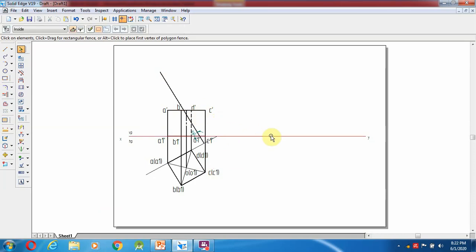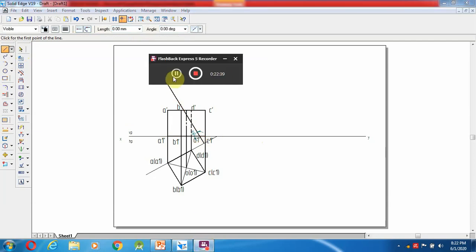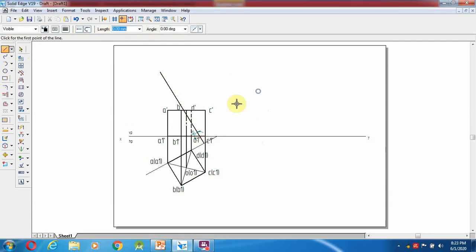Once this is done, this is the line, I am going to make it from here to here. This is the line from wherever it will be cut.